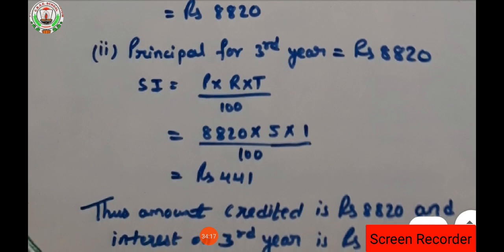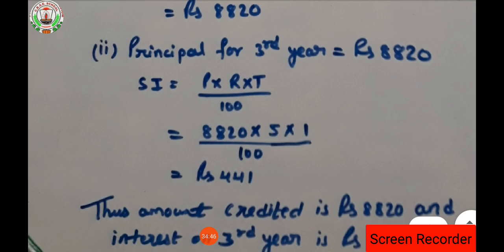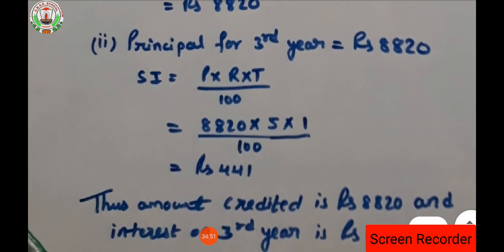Clear? Now the second condition in this question is saying about interest for the third year. But in the first part of this question, it is saying about the amount credited at the end of the second year. That's why time is 2 years there. In the second part, it is talking about third year interest. That means we have to find the simple interest over here. So be very careful. While reading the question only we can understand where we have to find the simple interest and where we have to find the compound interest.